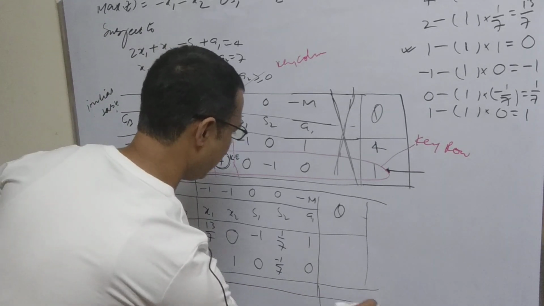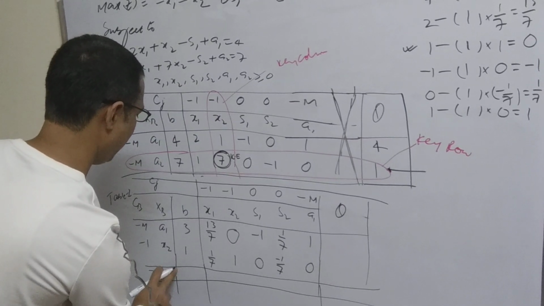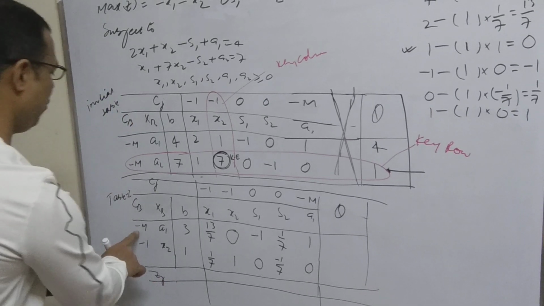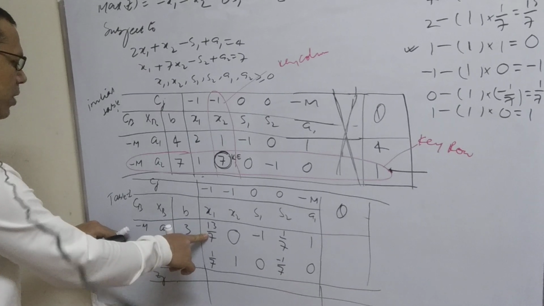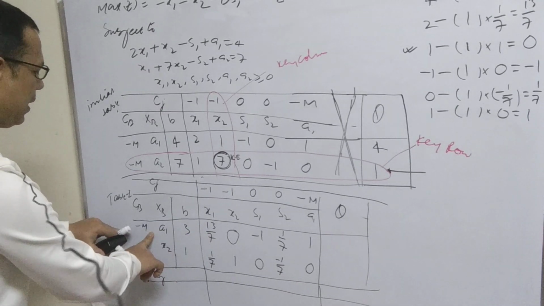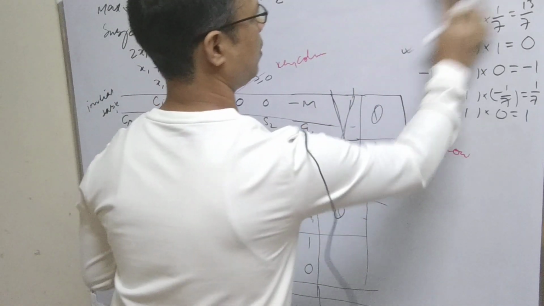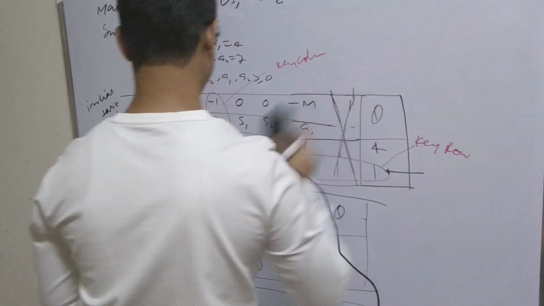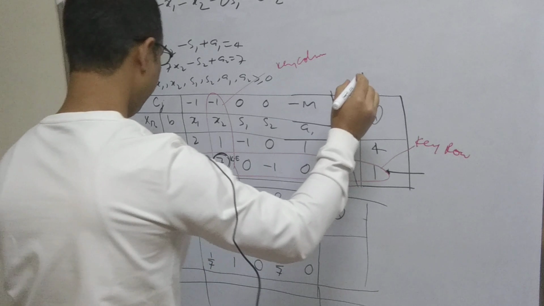Now we will go for the Zj. To find the Zj is very simple. You know the procedure. What is the procedure? We need to multiply this term with this term, the coefficient of the constants. Now the coefficient of constants is this. So minus m into 13 by 7. Just remove this here, because there is no use of this one now, since we will move from this table to the next table.